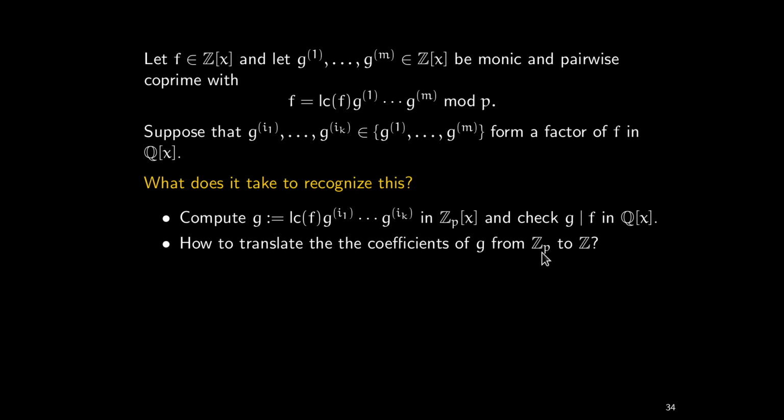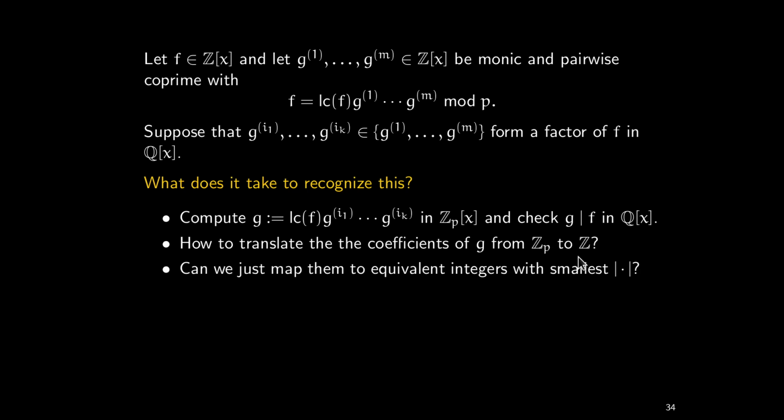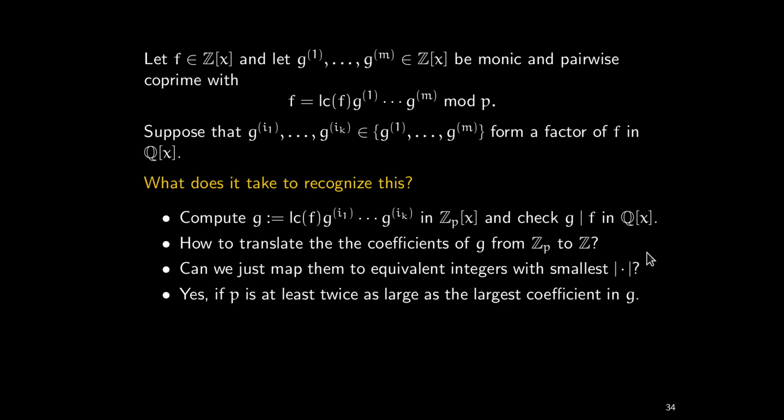So I already said how to translate these coefficients from set p to set Z, and the question is, can we just map them to equivalent integers with smallest degree? Yes, that's possible, but in order for this to work, you have to make sure that the p is large enough. The p should be at least twice as large as the coefficients that appear in the real